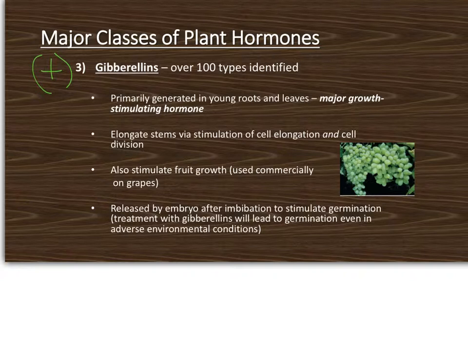And gibberellins are primarily going to be created by really young plants, and then young growth from older plants. So young roots, young leaves. And scientists today say that gibberellins are probably the major growth-stimulating hormone that there is. So even though we've known about auxin forever and cytokinins are also important, gibberellins probably lead to the most growth